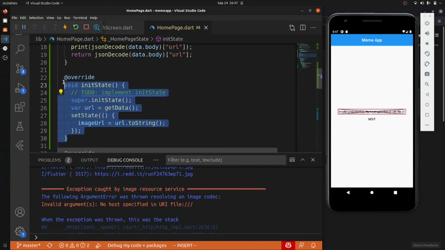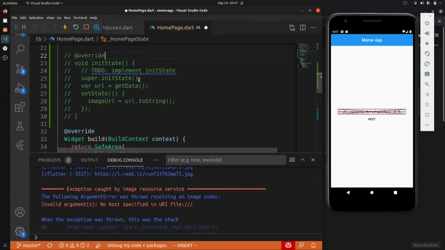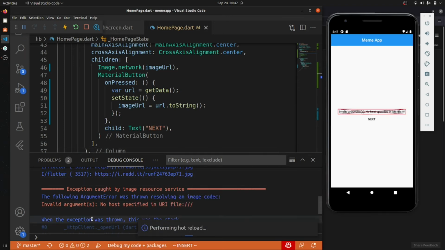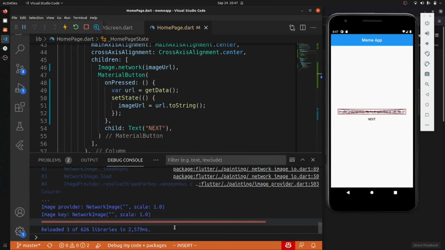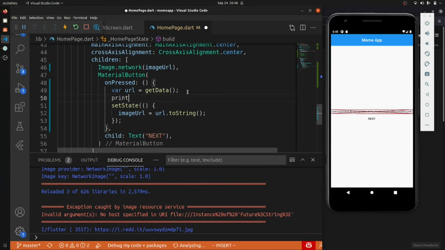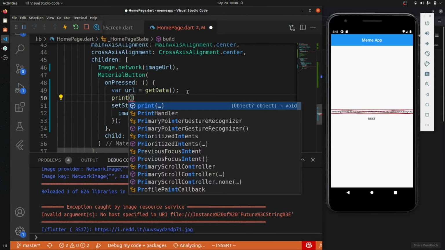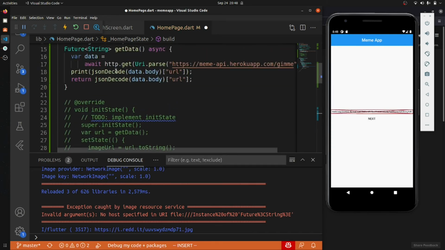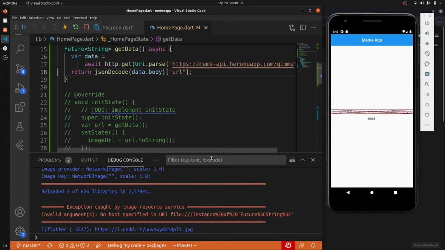Let us just remove this, and if I save and click on this, we are getting some issue. So what we can do is directly print the URL here, and I will remove this whole stuff from here.